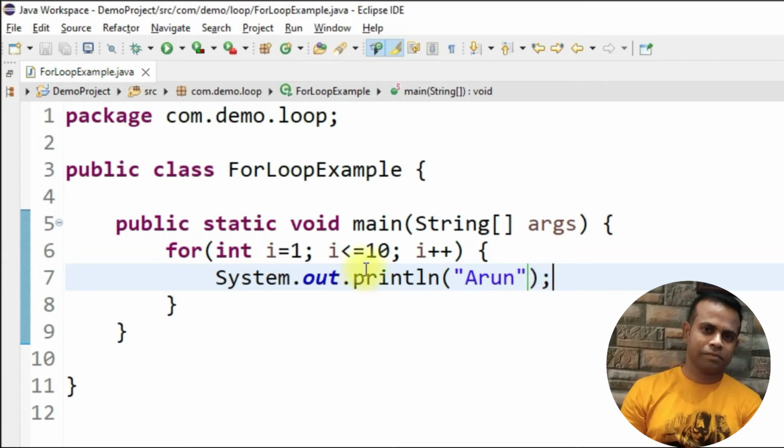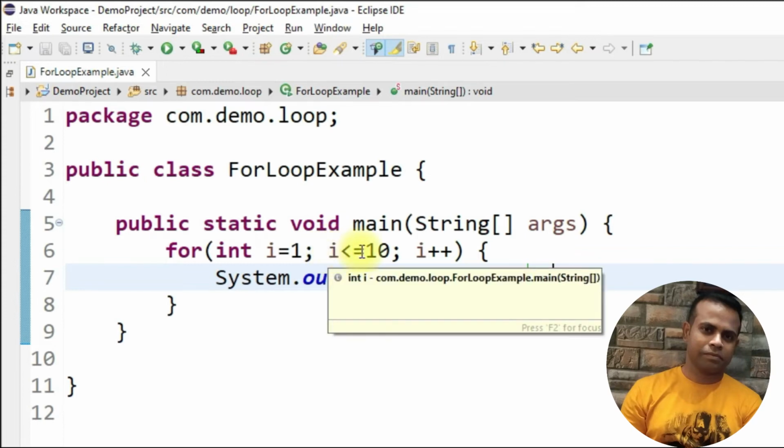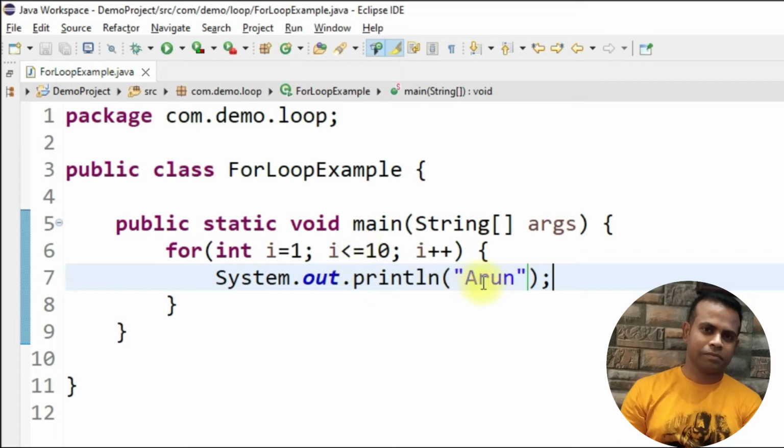In a similar way it increments 1 by 1 by 1. So let's say now it comes to 9. Is 9 less than or equal to 10? Yes. It will print Arun again and increment i by 1, that means now i value is 10. So next time when the loop executes again, is 10 less than or equal to 10? Yes. 10 is not less than 10, but 10 is equal to 10, that means the condition is true. So it will again print Arun, and that 10 will be incremented by 1,